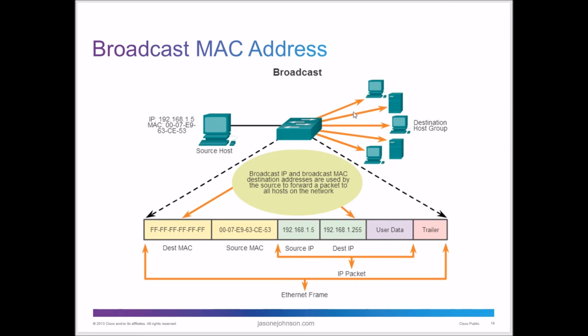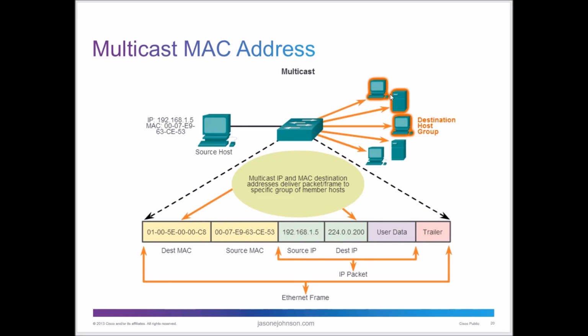But if it's a broadcast, it gets sent to everybody. That destination MAC is all Fs, and when you see all Fs, or when it's all ones, it's going to be sent out as a broadcast to all of them. That's why in the networking world, when you have an IP address of 255.255.255.255, that's a broadcast when you send it out, because that's all ones across there. But when you have a multicast, that's only going to certain particular ones. You can have a group of them that it's going to, destination MAC, source MAC. A multicast goes to just specific members of the host.